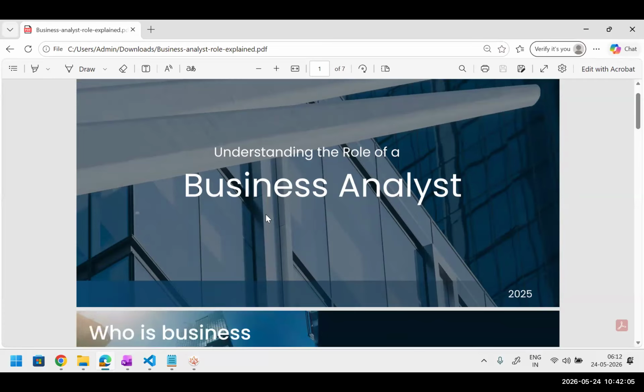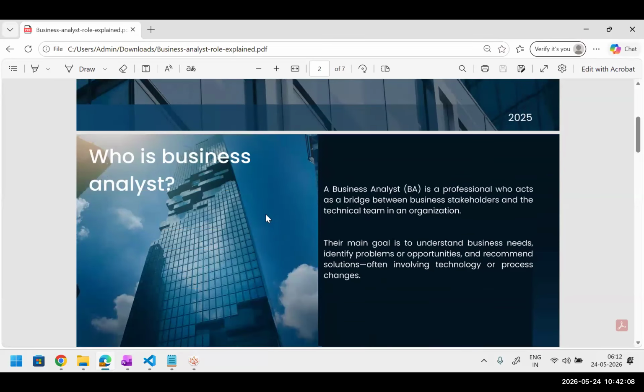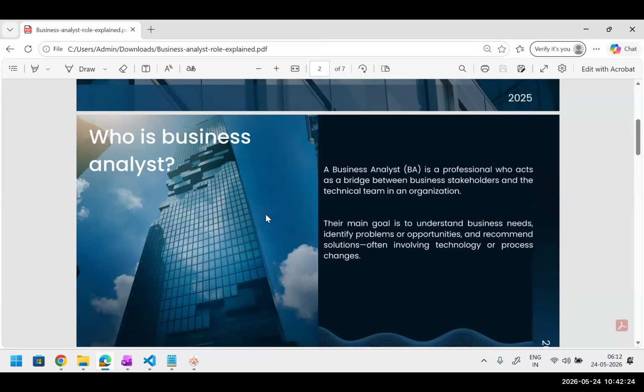So, understanding the role of a business analyst. The business analyst is a professional who acts as a bridge between the business stakeholders and the technical teams. That's what we should be. There are different definitions of it, but this is a simplified definition. The main purpose is to understand business needs from the client's problems, client opportunities, or the pain points, and we should be able to analyze,